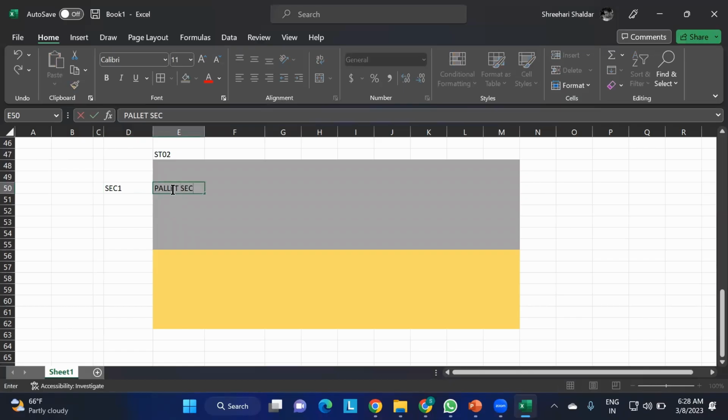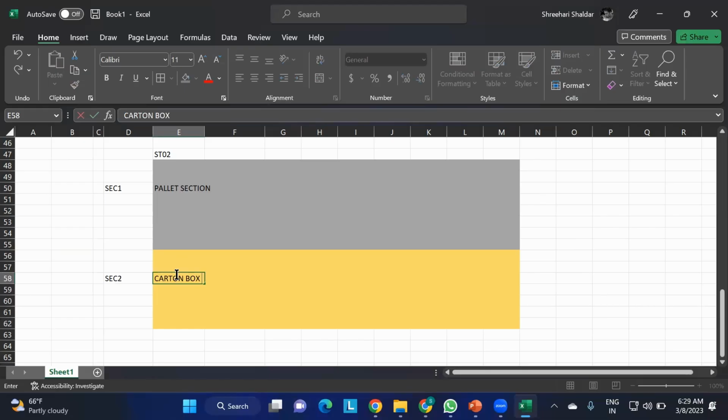Pallet section also you can say, we will not say zone again, we will get confused. Pallet zone means only a forklift is coming and it is going to put the pallets over here. Only the pallets, it is not going to put any carton boxes. Over the pallets you might have carton boxes, but it is bringing the pallets only, and you can put only pallets in this section. And section 2 is there. Here you can only put the carton boxes